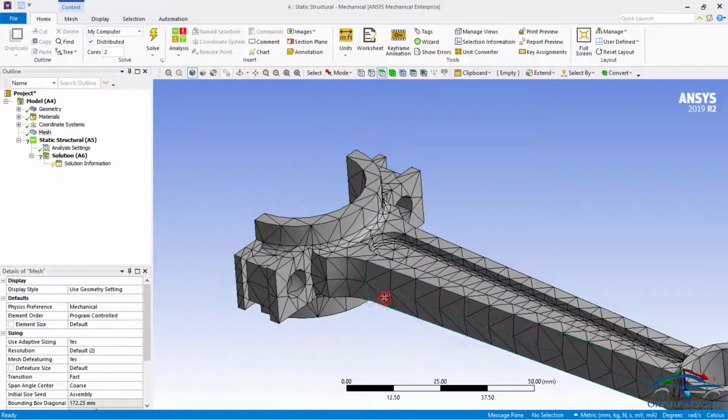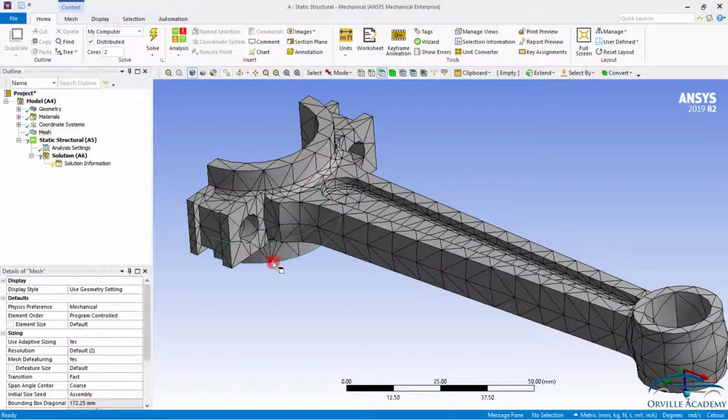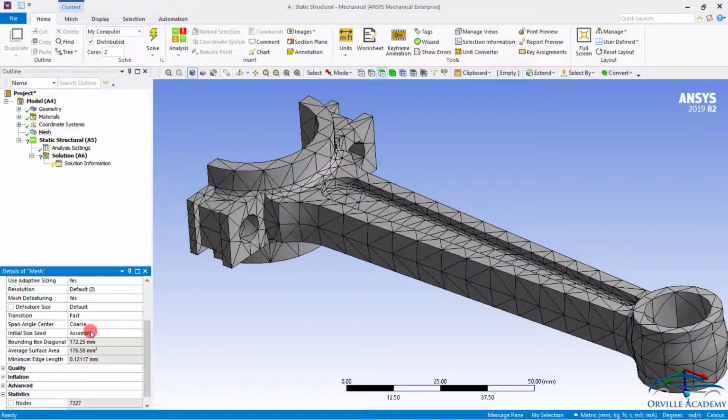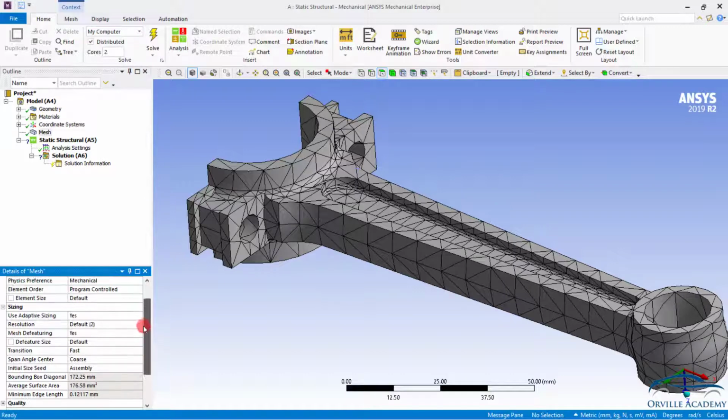Though in many cases it is very difficult to see the transition effect, you can feel that effect through the statistics. As you can see, the transition is currently set to fast, which will increase the adjacent elements in a very drastic manner. If you see the statistics, whenever I set the transition to fast, a total of 4000 elements is getting created.